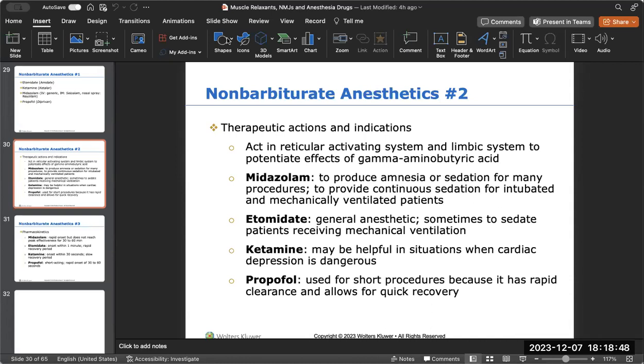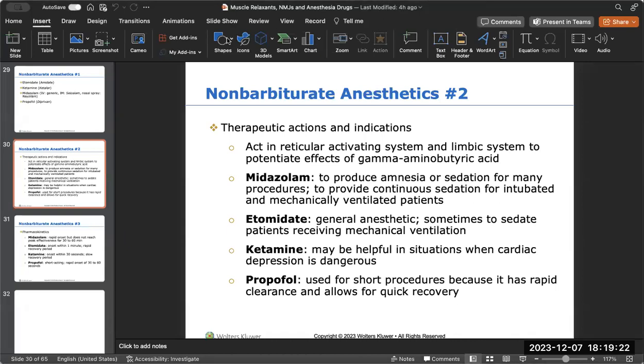I had an example where I had a patient who was very combative because they had a slow developmental state despite being an adult. They could not speak, they were nonverbal, and we used midazolam to keep this patient in a sedative state as they mechanically intubated them. Okay, so etomidate is another general anesthetic that we can use to sedate patients also